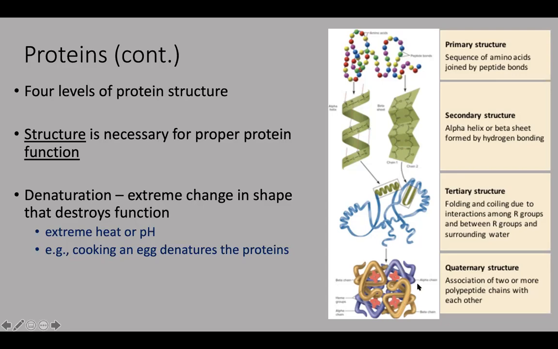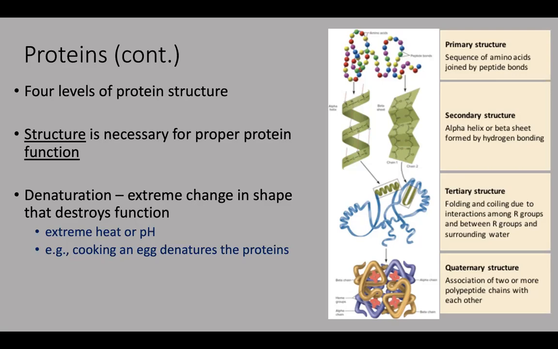So the multiple polypeptide chains that are mentioned here just mean many amino acids strung together. With proteins, like I said, structure is really critical for proper function. Say all the amino acids are in the right order in the protein, but for some reason it didn't fold over correctly on itself, it's not going to be a functional protein. The folding matters a lot with proteins.